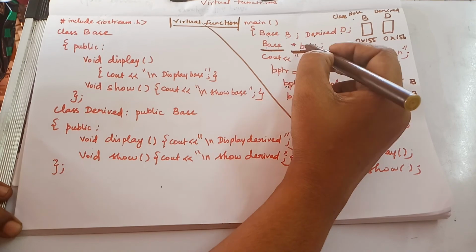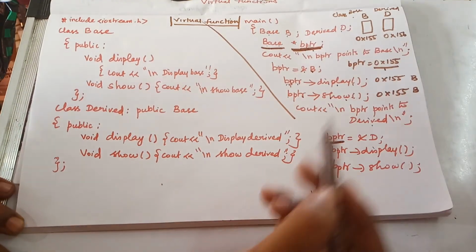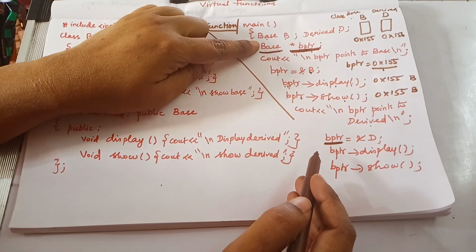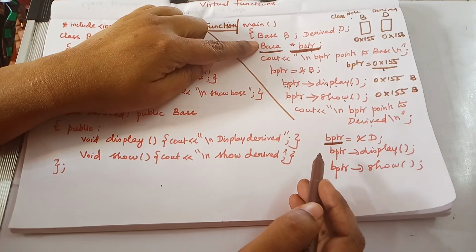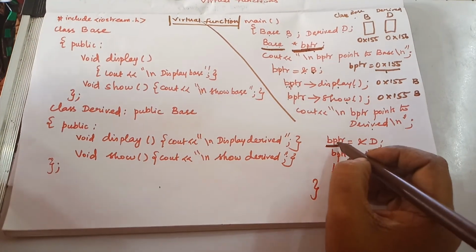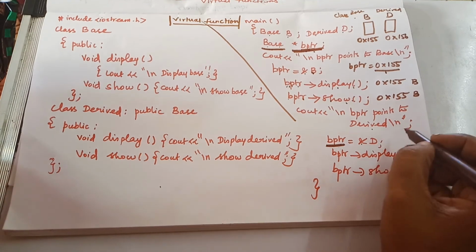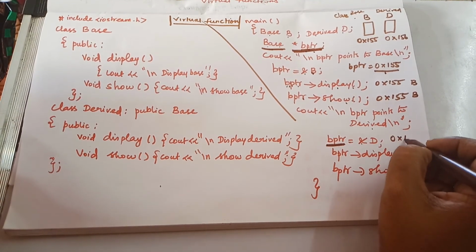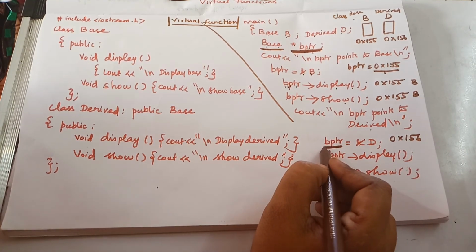The same pointer variable I can use for my derived class object. Now BPTR is equal to address of D. What is the address of D? 0x156. Now the pointer variable consists of